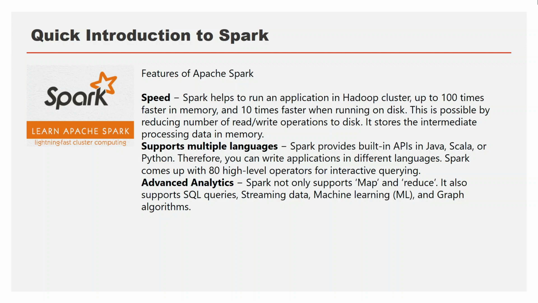So normally when you do something over the Hadoop cluster, if it takes 100 minutes, when you use Spark it will get completed in approximately 1 or 2 minutes. In the same way, if you're performing some disk operation and it takes 100 minutes to perform a task without Spark, by using Spark it will get completed in 10 minutes. So that is the speed of Spark.